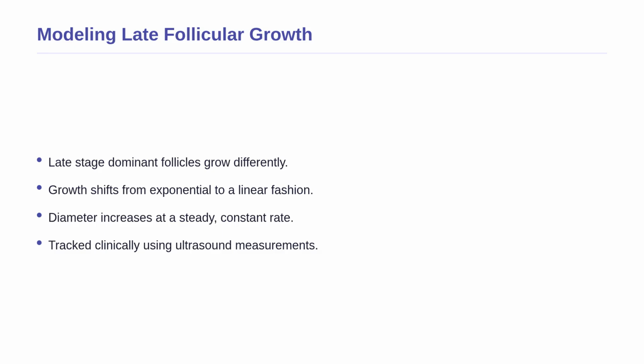So, we have seen how early cells multiply exponentially. This leads us to the next phase of development. During the late stages of folliculogenesis, the behavior of the dominant follicle changes. Instead of growing exponentially, it begins to grow in a linear fashion. This means that the overall diameter of the follicle increases by a steady, constant amount each day, rather than multiplying